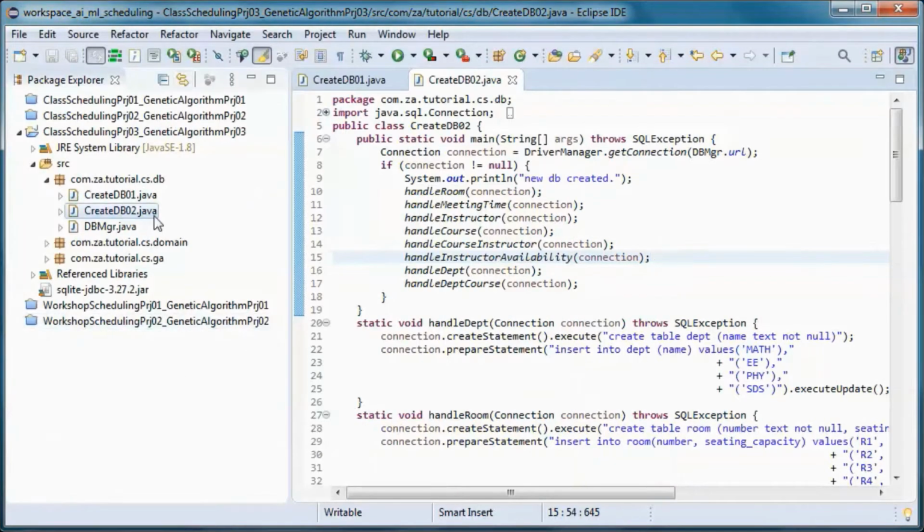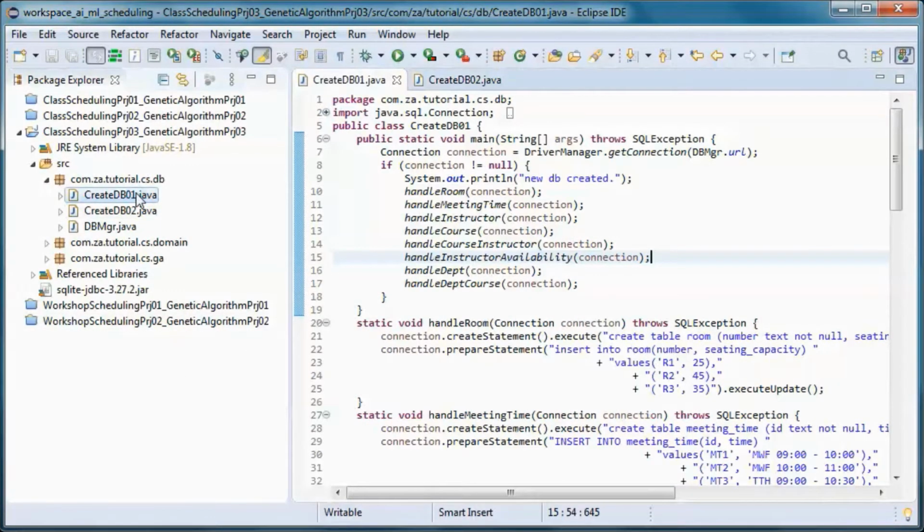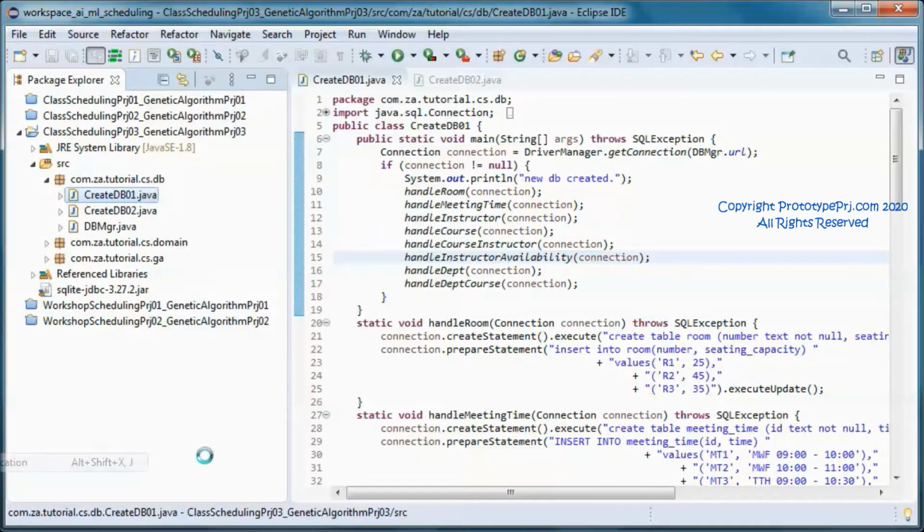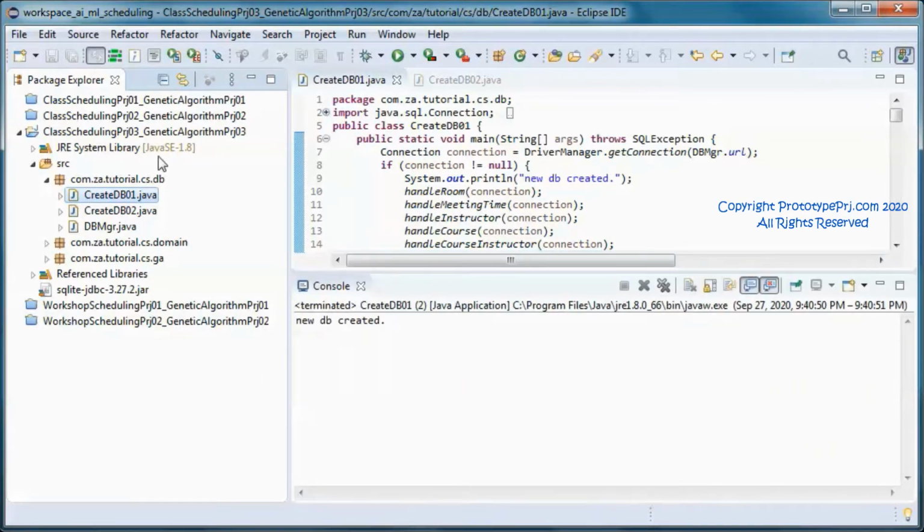So let's go ahead and create and populate a database.